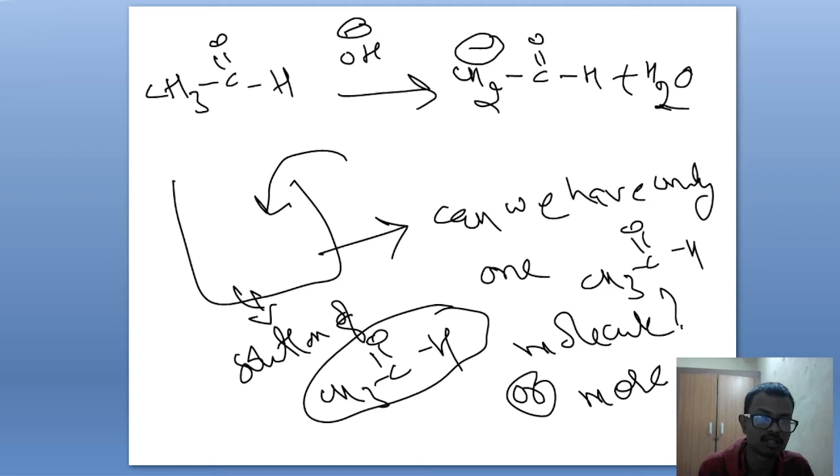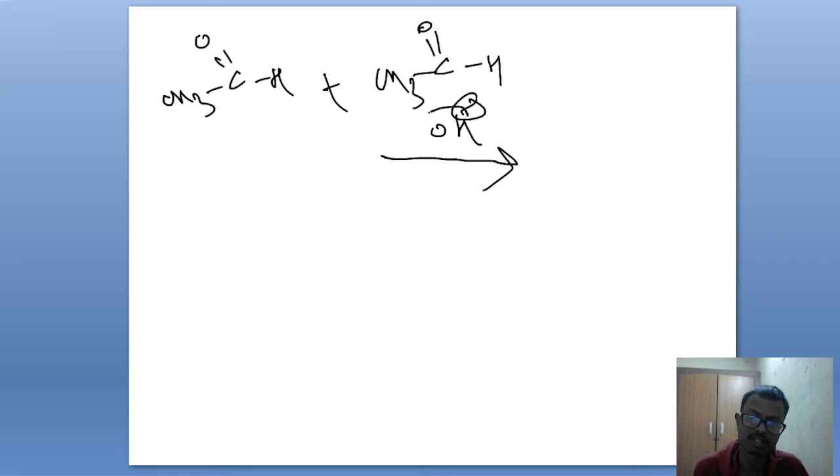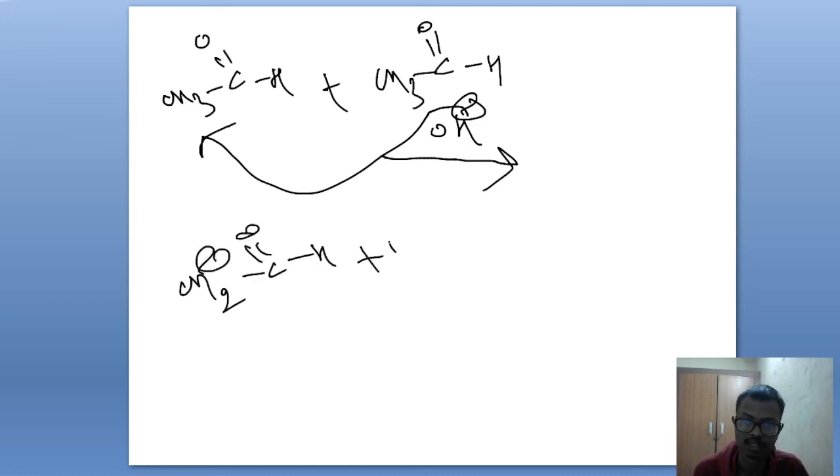What I want to say is, I will show in the next slide. Look here, this is an aldehyde. I said we have many molecules of aldehydes, but here I am taking two molecules, and I am treating them with a base. Then what happens? This is very simple. It will abstract this hydrogen, and it will form this conjugate ion plus H2O.